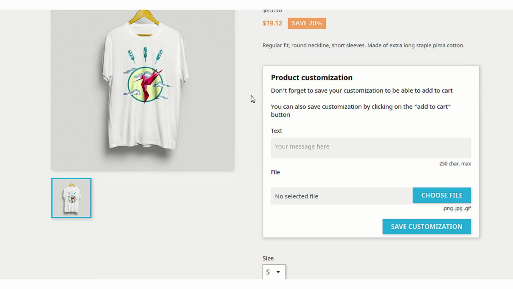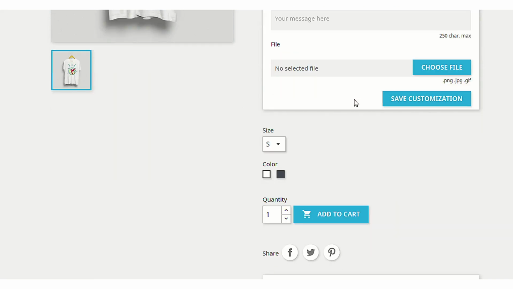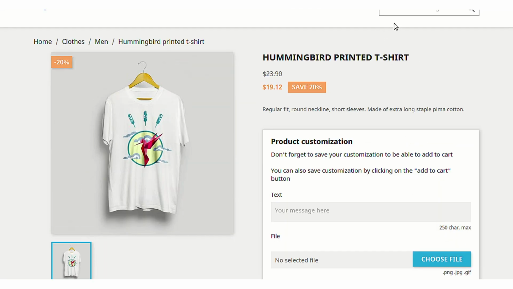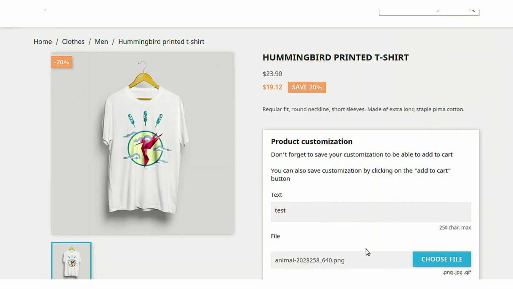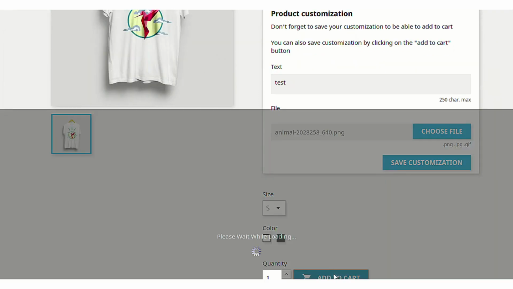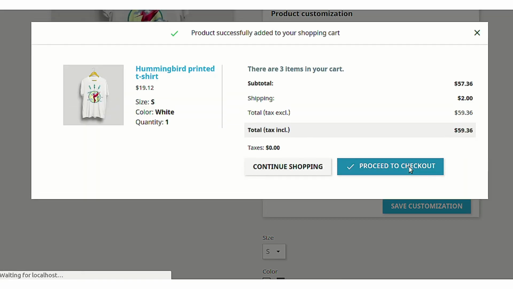However, if you wish to see that, you cannot see it here on the product page, because after adding the product to a cart, you cannot click on this cart overview pop-up because this customization will now be removed. So let's just add this customization again and proceed to add this to a cart.